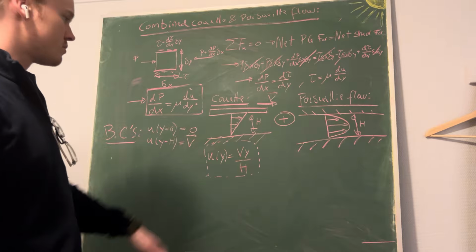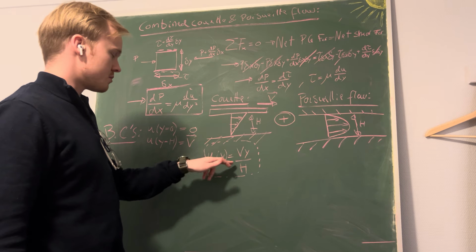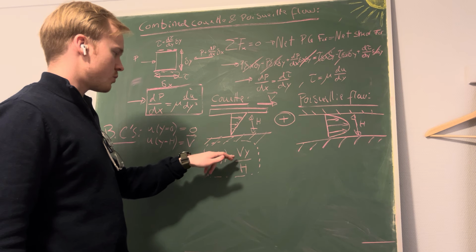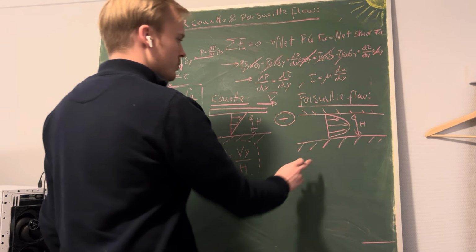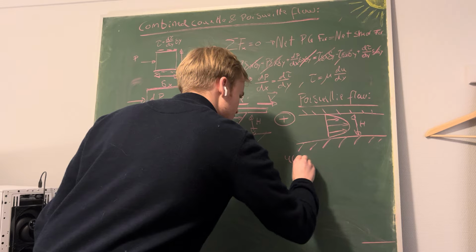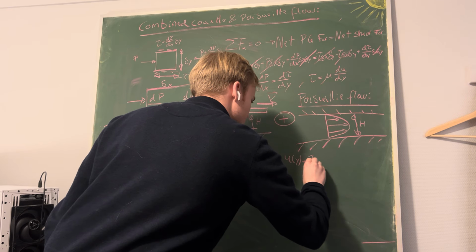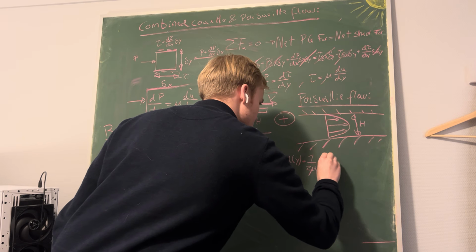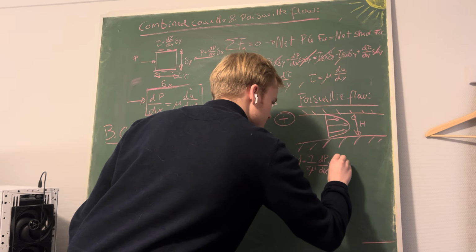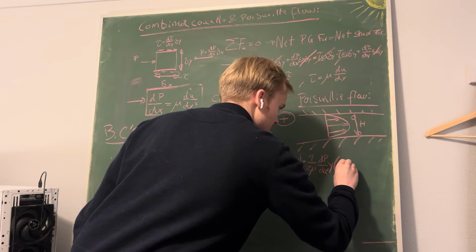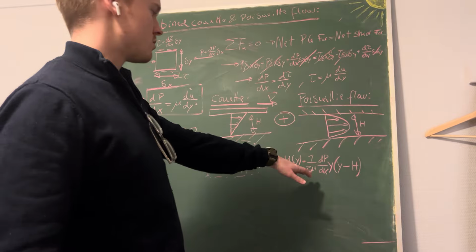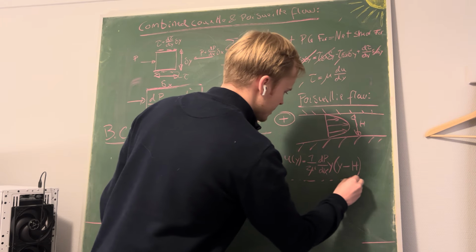This was for the Couette flow. So evaluated at 0, this becomes 0 as the no slip. When this is h, those two terms cancel and we end up with the velocity v. And with this one, we have that u of y is equal to 1 over 2 mu dp dx, and then we had y, and then we had y minus h. So this also satisfies our boundary conditions